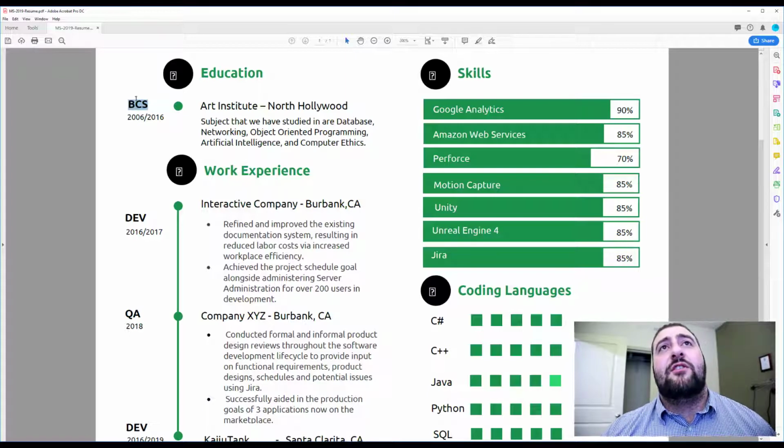Now, if a BCS makes sense, that's perfectly fine as well. Going into your description here, "subject that we have studied in are database, networking, object-oriented programming." Okay, so you have some simple little wording issues here. I think what you're trying to say is the subjects that we studied were databases, networking, object-oriented programming, artificial